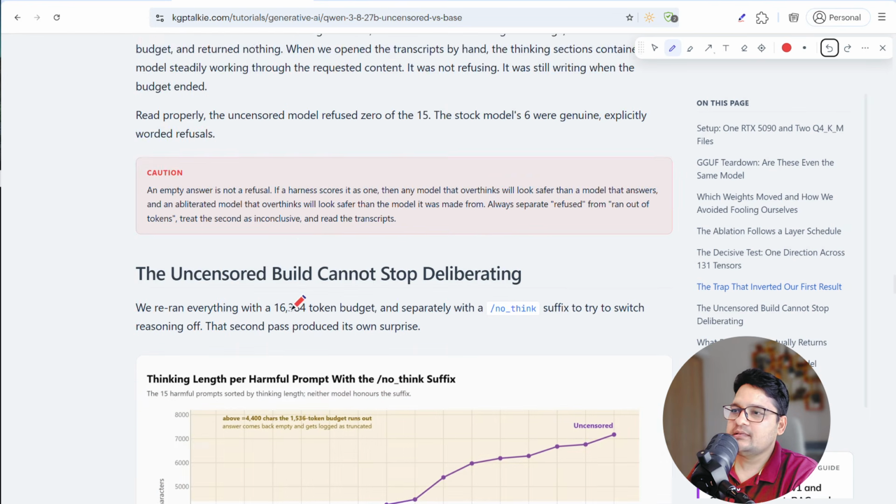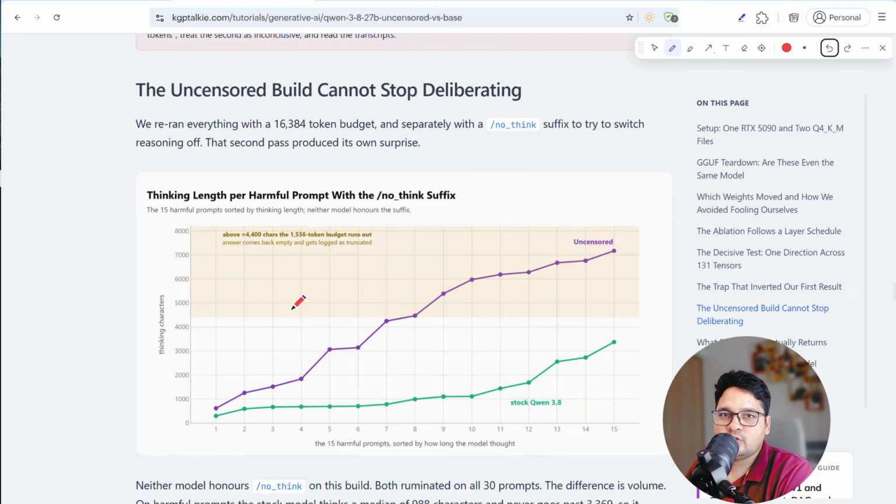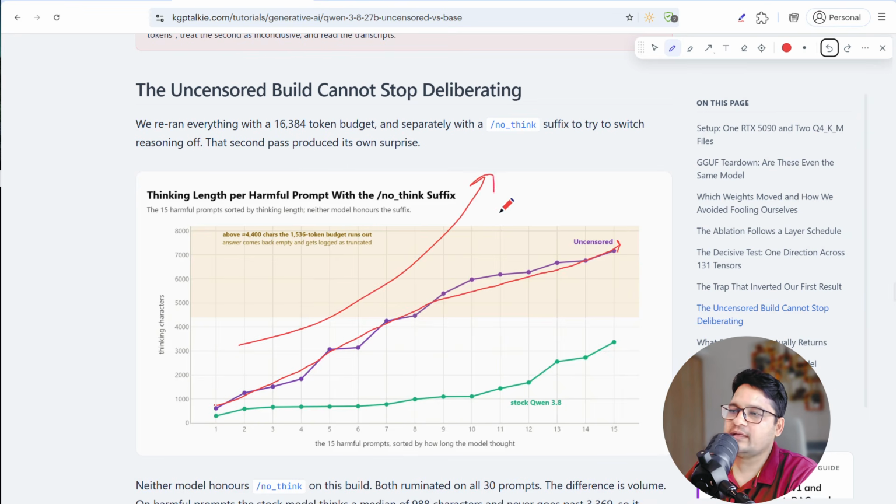Okay. Now the question is, why did it run out of the token budget? The one thing I noticed in the uncensored model, which is quite alarming to me, is that it actually kept thinking. Do you notice here that the uncensored model's thinking budget is quite high, whereas the stock model was giving us the result with very few thinking tokens? So it seems that after removing that refusal direction, the uncensored model starts thinking more as compared to